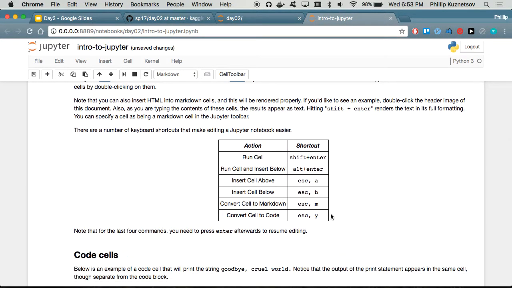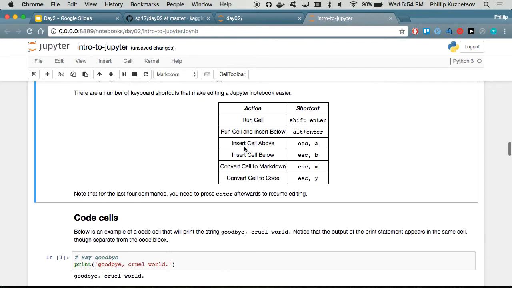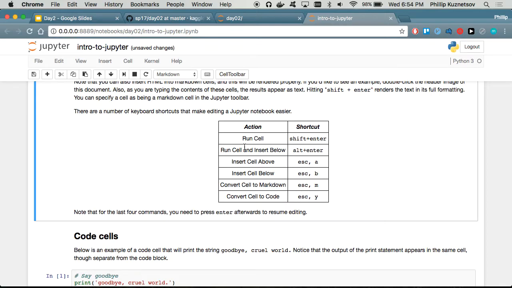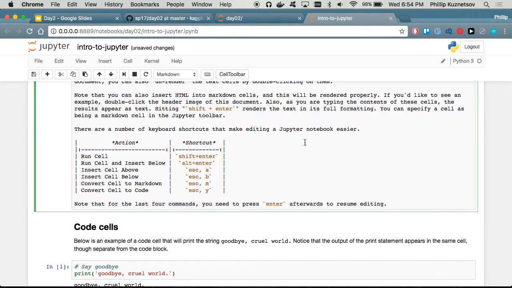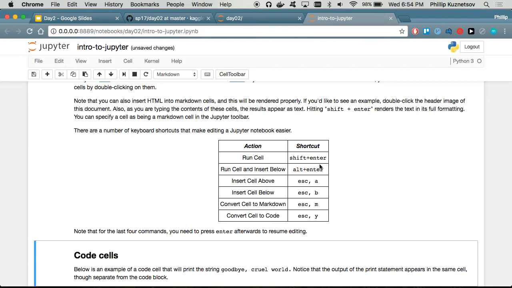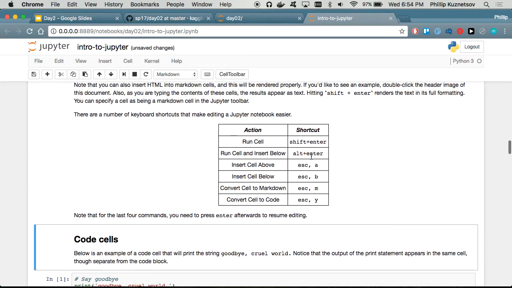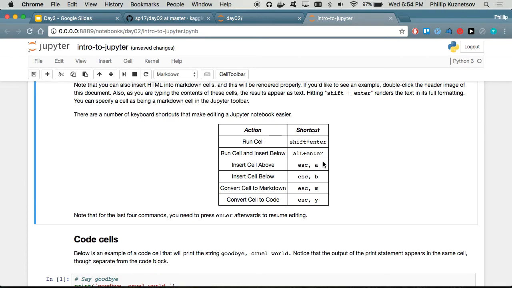The most important thing I think that will come out of this particular notebook is this table right here. It just gives you a list of shortcuts that are totally invaluable whenever you use Jupyter Notebooks. The most basic one you're already familiar with is the run cell shortcut. Basically, Shift plus Enter will let you run a cell. The other commands that are pretty important as well are the ones that allow you to make new cell blocks, which you basically do by pressing Escape